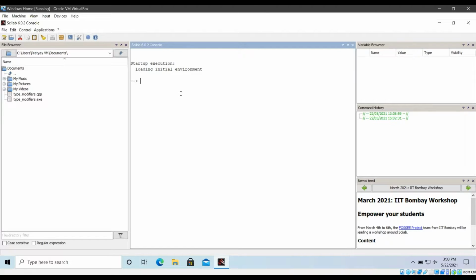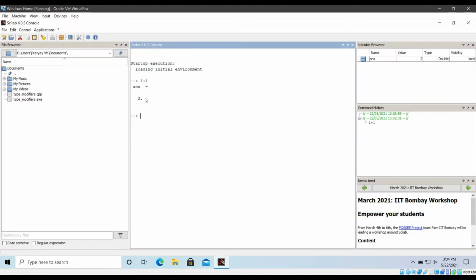So what we have to do here is check out our console, and here we have our files, so we'll ignore it. Here we can save our files. I'll explain how that works later, but let us first get a grip on our console. What I'll do is write some statements. Suppose any mathematical statement, like 1 plus 1, it will give the output of 2.